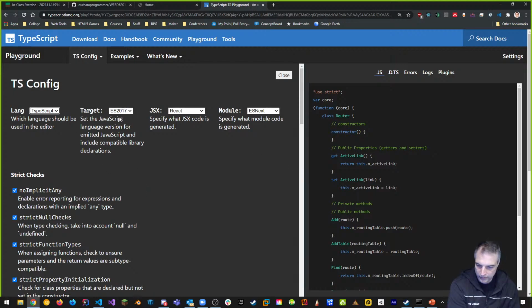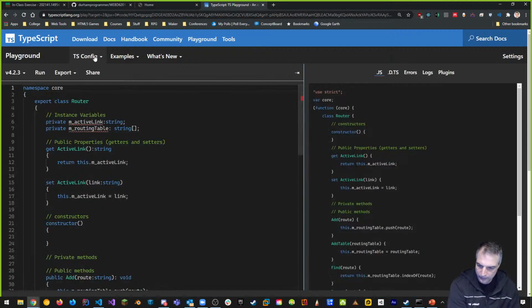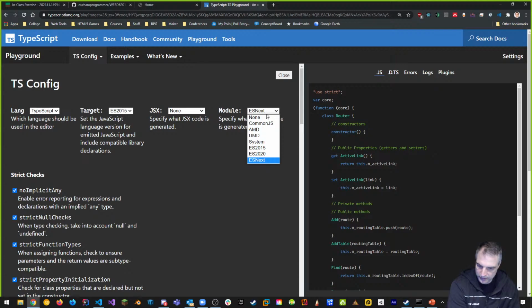You can see that for the target, I can specify ES6 or ES 2015, which is equivalent. I don't want to support React right now, so let's just say none. My module pattern is going to be common.js.